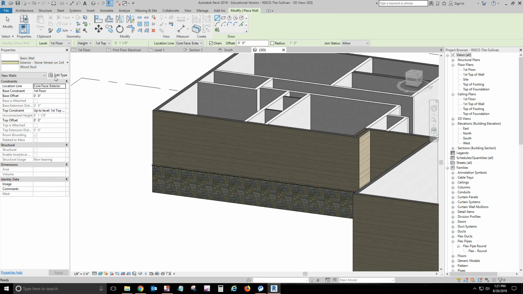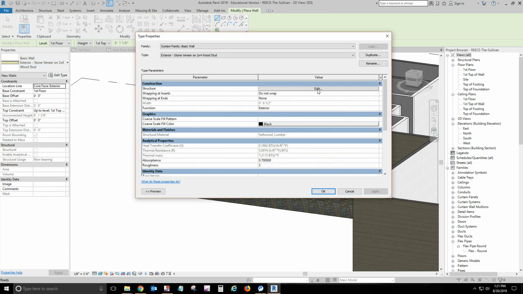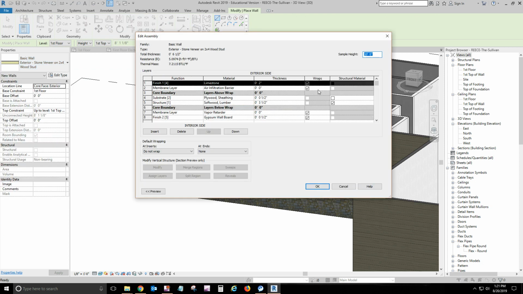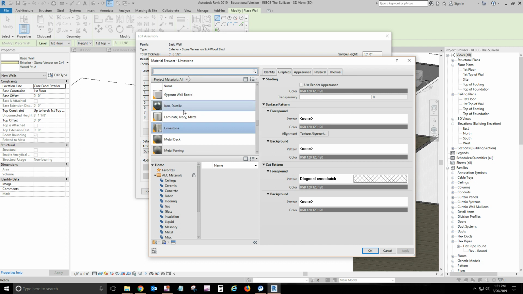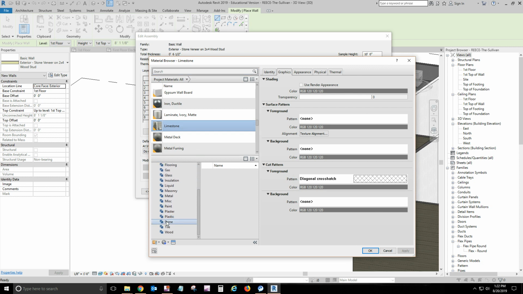Okay. All right. So I created this wall family. You can duplicate. You can add whatever. And for my material, I use limestone. And it's not going to show up here when you first search for it, but it will be down here. Right there. And so I brought the limestone in,